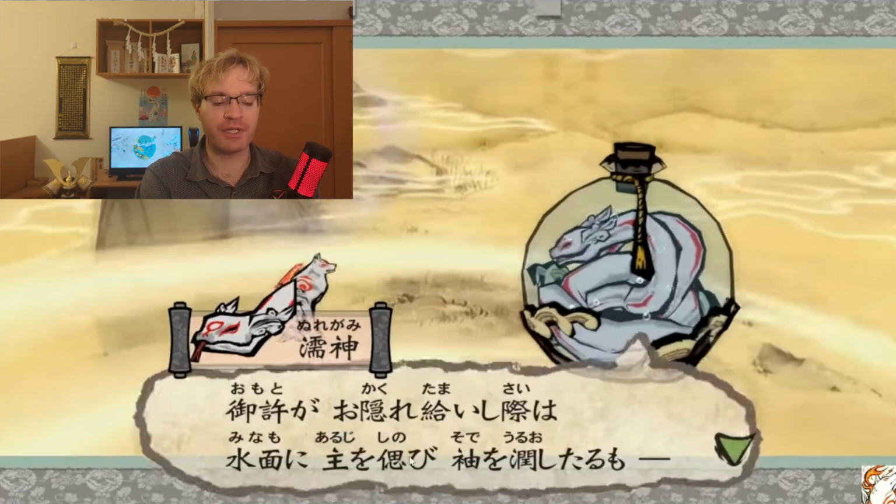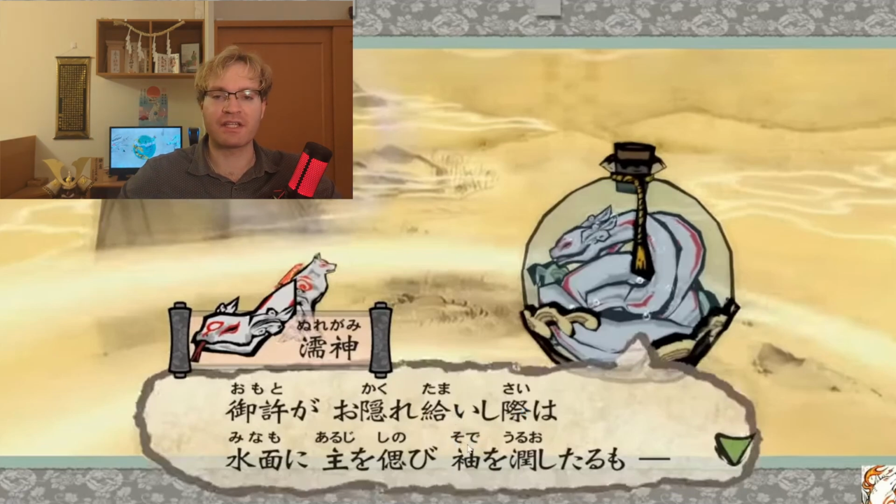So aruji o shinobi, thinking fondly, I think fondly, and again, in English, this doesn't make a whole lot of sense because we would need a subject. However, in Japanese, since we already know who the subject is, it's basically inferred that it is Nuregami, who is thinking fondly of her lord, of her master, which is Amaterasu. Aruji o shinobi, sode o uru o shitaru mo, okay? Sode just means sleeves. It is just a noun.